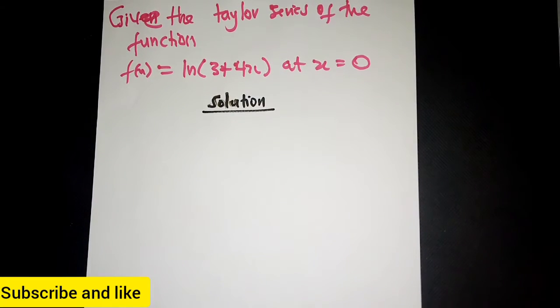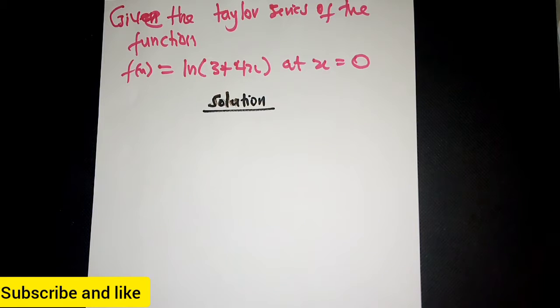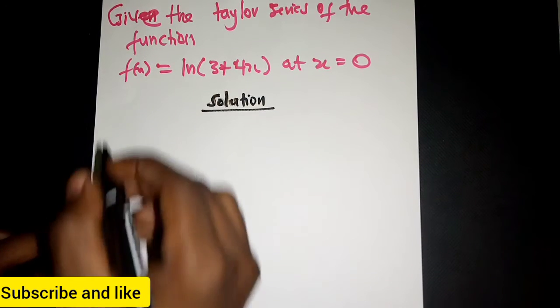Hello students, welcome once again, and we have a Taylor series over here. So give the Taylor series of the function. We have to give the Taylor series of the function f of x equal to the ln of 3 plus 4x at x equal to 0. Now in general,